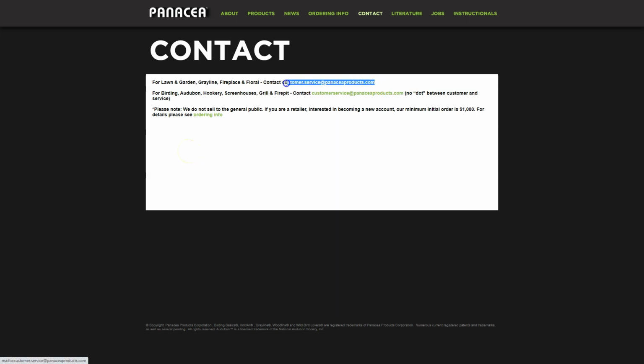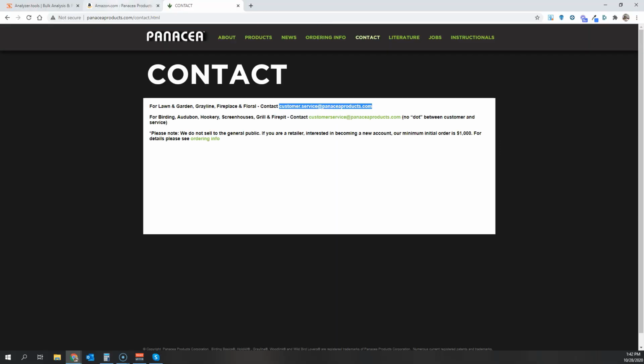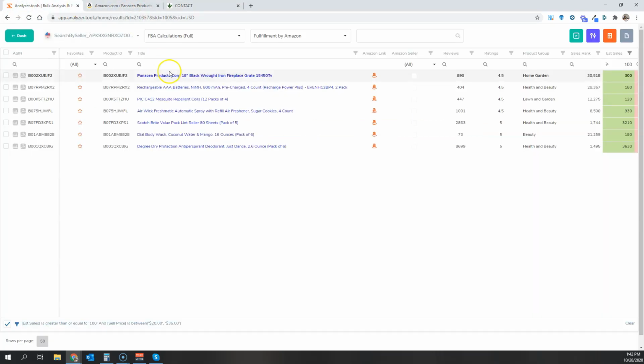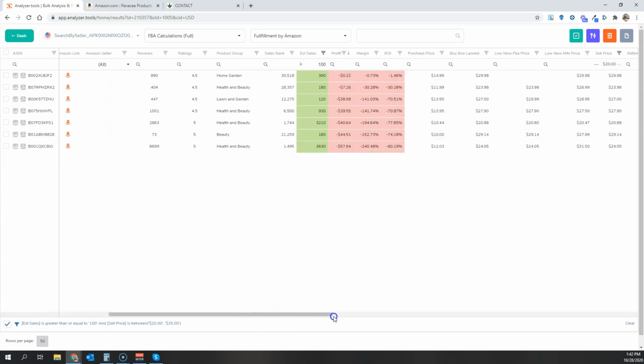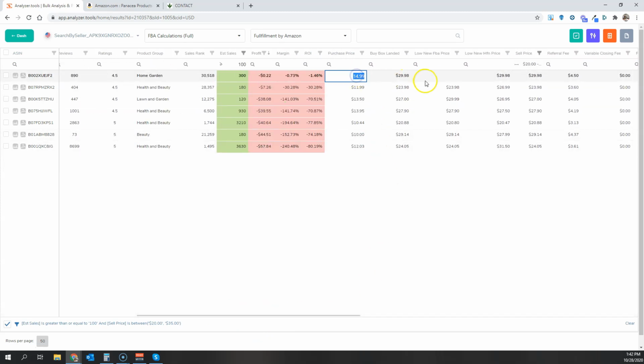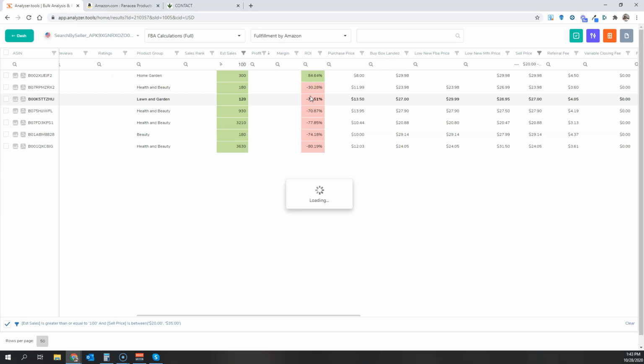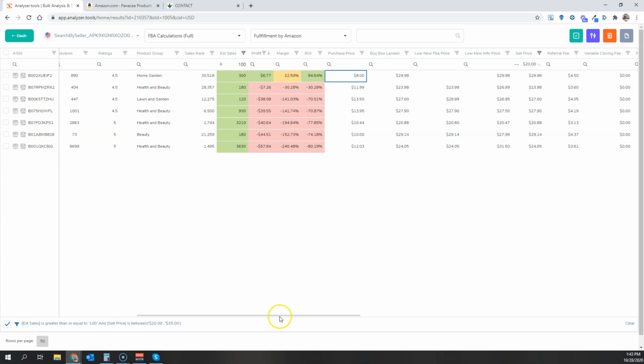So it looks like they want you to email customer service, and the email address is right there, guys. So that's how you would address this, and now you could email these guys, and the goal would be to acquire this product at a purchase price of probably around $10, so that you can get close to a 50% ROI and cover your shipping costs. In reality, if it was me, I would be looking for a price of more like $8, since this product